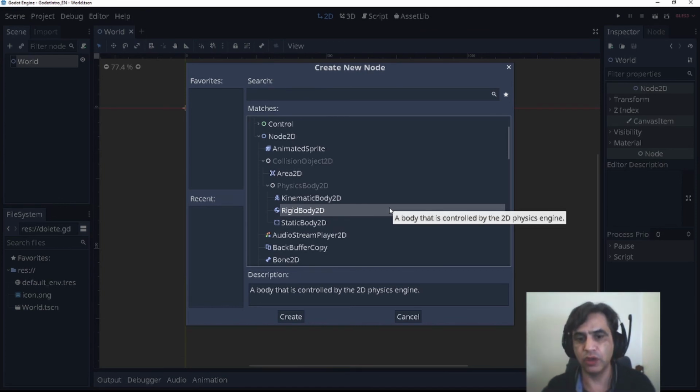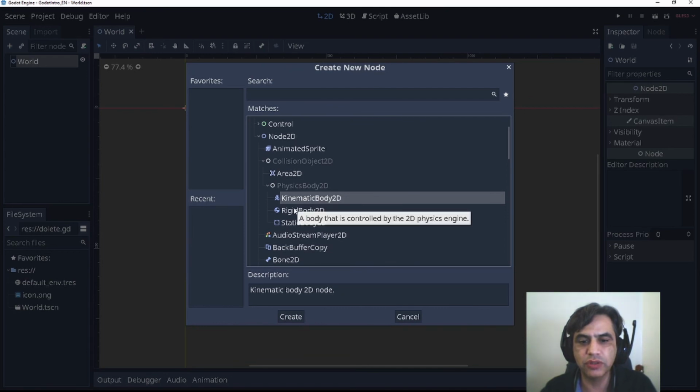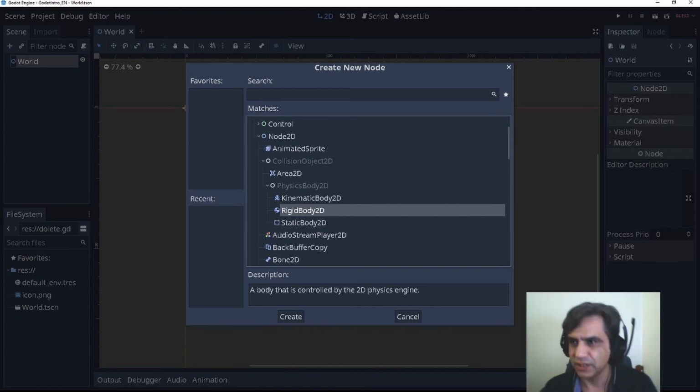Does anyone know what is the difference between kinematic and rigid body?